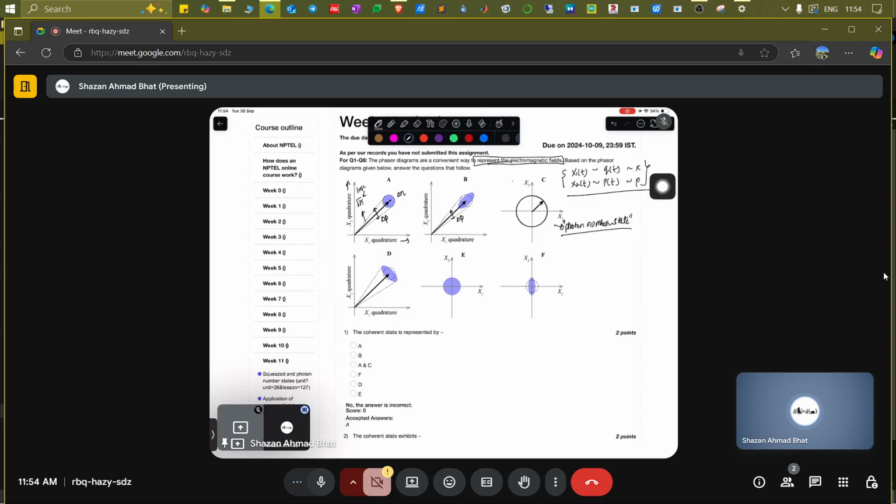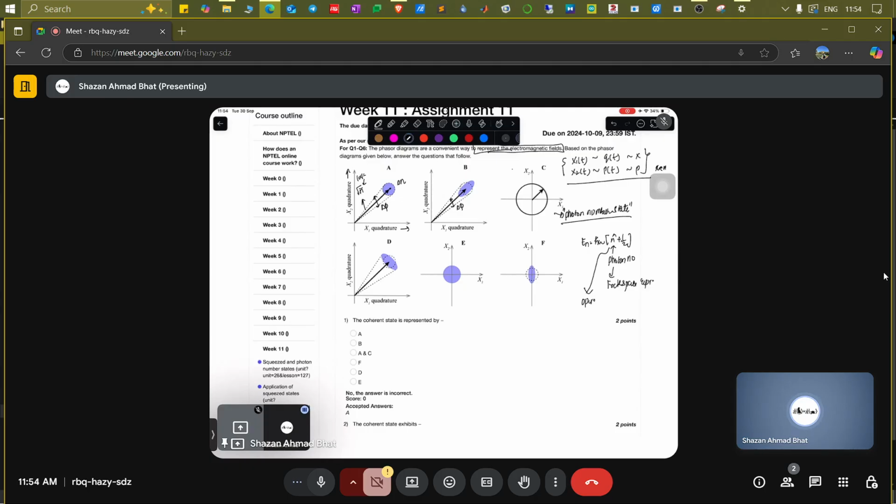You remember E of n you wrote as h bar omega times n plus 1 by 2. This n is actually a photon number, but if you go into the Fock space representation, then this n acts like an operator,